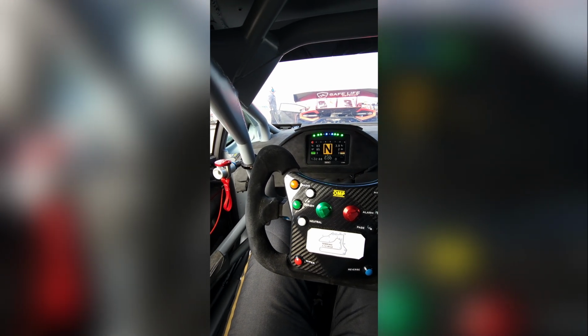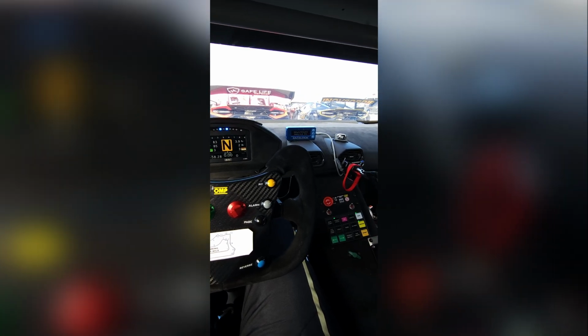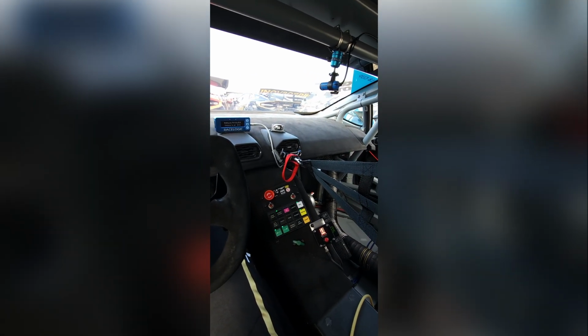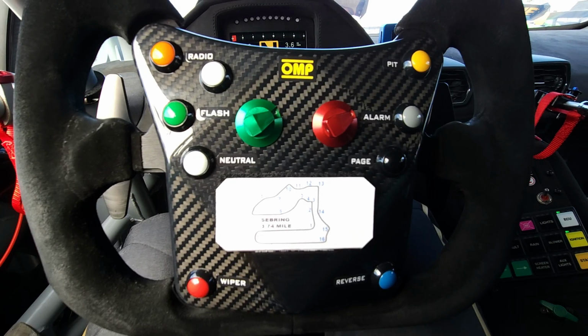Mechanics can use that page button on the steering wheel to cycle through a mechanics page. This gives them all of the vital information of the engine as it's running while they are in the warm-up process. Now, the center knobs on the steering wheel